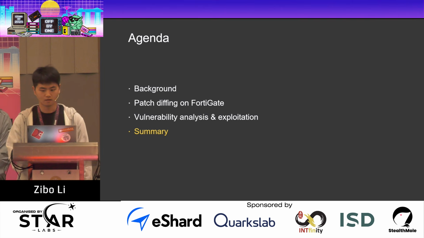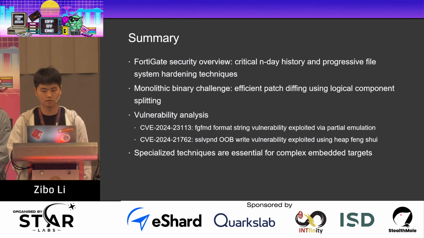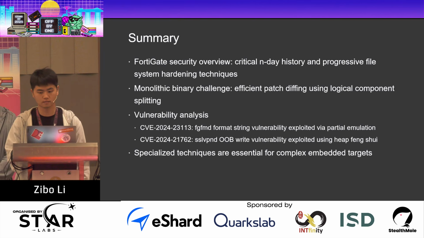Thank you. The last part is a simple summary of this talk. To summarize, we first reviewed the FortiGate security landscape, focusing on the history of critical N-day vulnerabilities and the evolution of file system hardening techniques. Next, we addressed the challenge of analyzing monolithic binaries and introduced an efficient patch diffing approach using logical component splitting for init. We then presented a deep dive into 2 vulnerabilities,